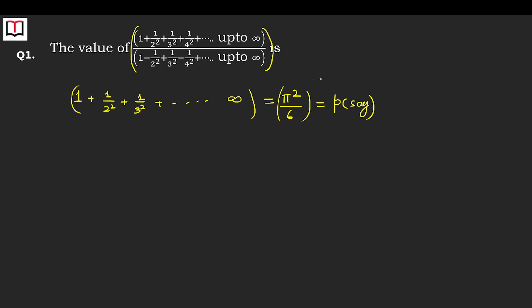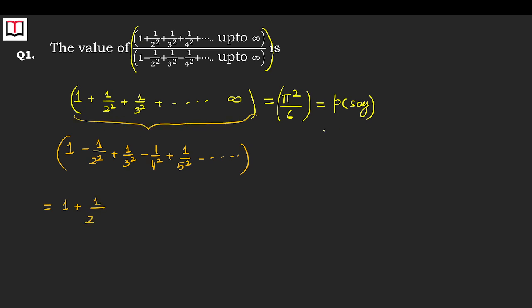p here. Now see, the interesting and important part here is that whenever you have opposite sign for even and odd terms in a series, then you can always try to complete the series by adding and subtracting the even terms. Okay, so that's my suggestion here. So by adding and subtracting the even term, I will write the complete series which you are already given here and which we have assumed as its value to be p. Since the even terms have negative sign, I'm adding even terms so as to complete this numerator series. So this is what we get, but since we added, of course we need to subtract,